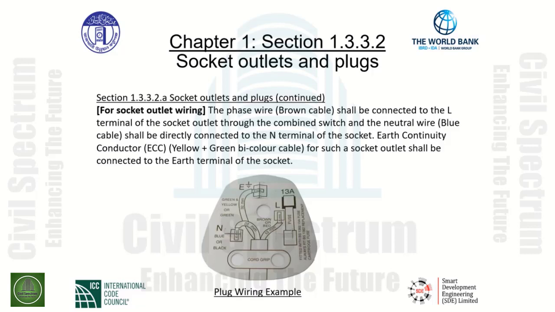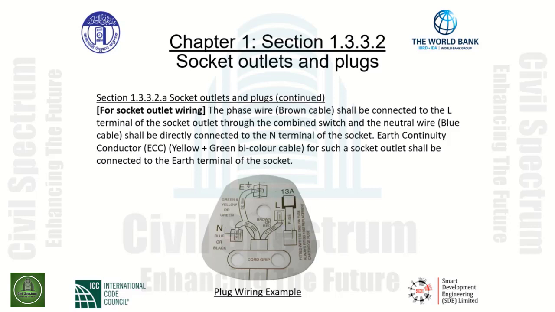As indicated, socket outlets and plugs continued. The phase wire, which is the brown cable, shall be connected to the L terminal of the socket outlet through the combined switch, and the neutral wire, colored blue, shall be directly connected to the N terminal of the socket. The earth continuity conductor, ECC, yellow plus green bicolor cable, for such a socket shall be connected to the earth